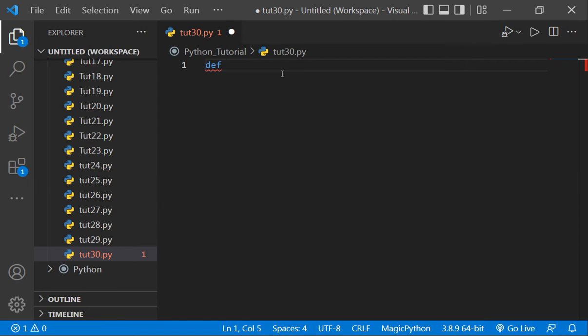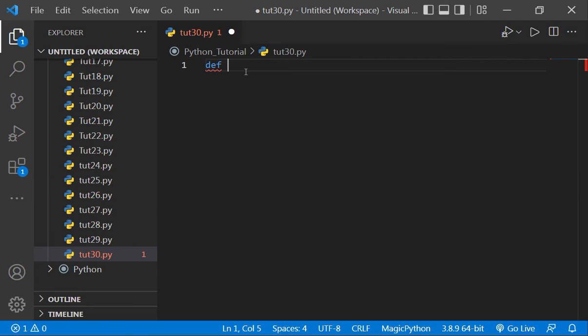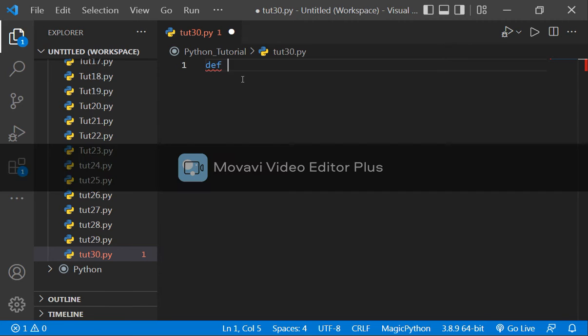now after writing def, we will write the name of the function. Suppose you are using the print function or the length function, it has a name, len, by which you tell the program that you have to use this function. Okay, so suppose you wanna make a function to add two numbers. Okay, so here we will write add two. Okay,